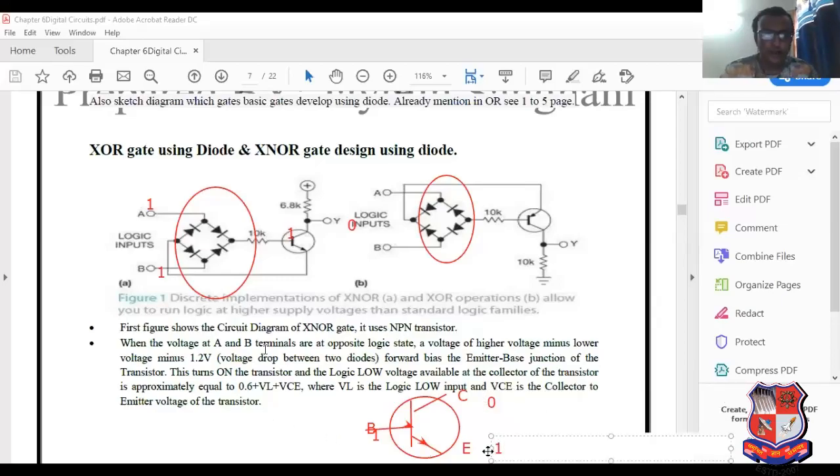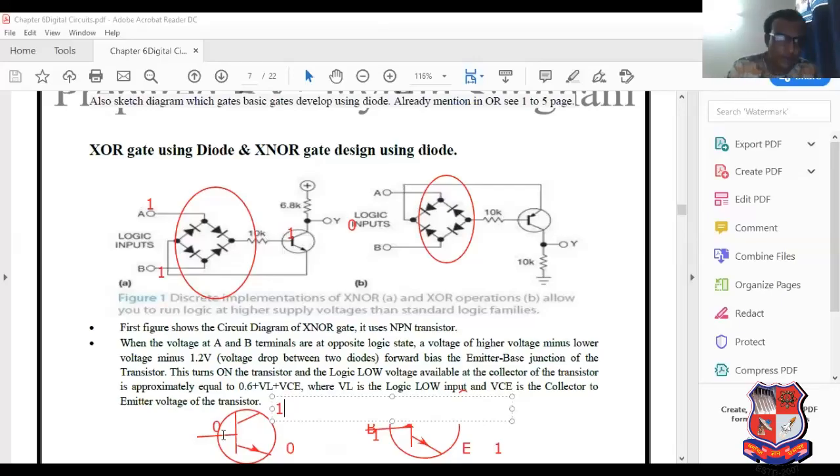And what is the reverse figure of that? See the symbol of transistor. I have sketched the transistor symbol here. If here 0 volt, in the entire lecture I will discuss this concept more than 3 times, so you will be able to easily understand. Here 0 and here is 1. Why here 0? Because base emitter junction is connected in forward bias. Why here 1? Due to supply voltage VCC we can get 1 here.